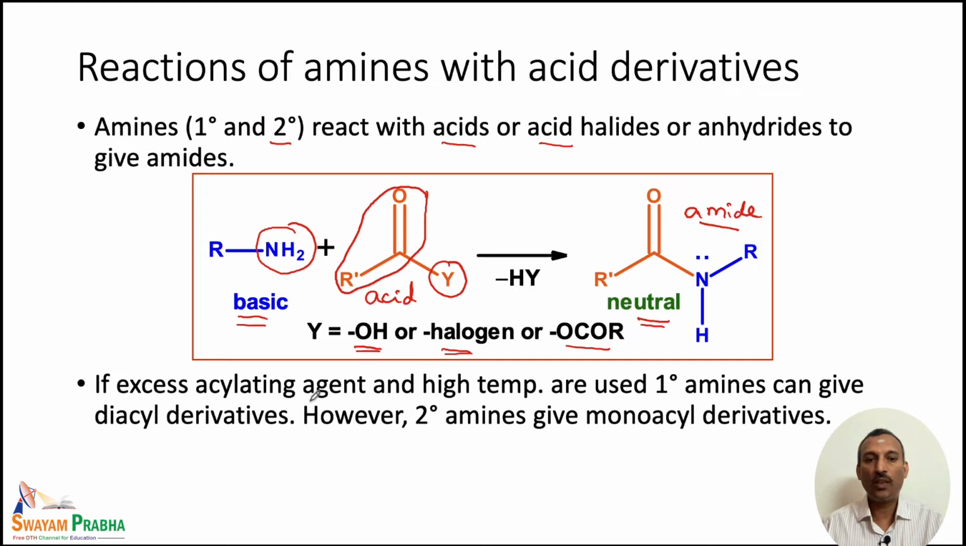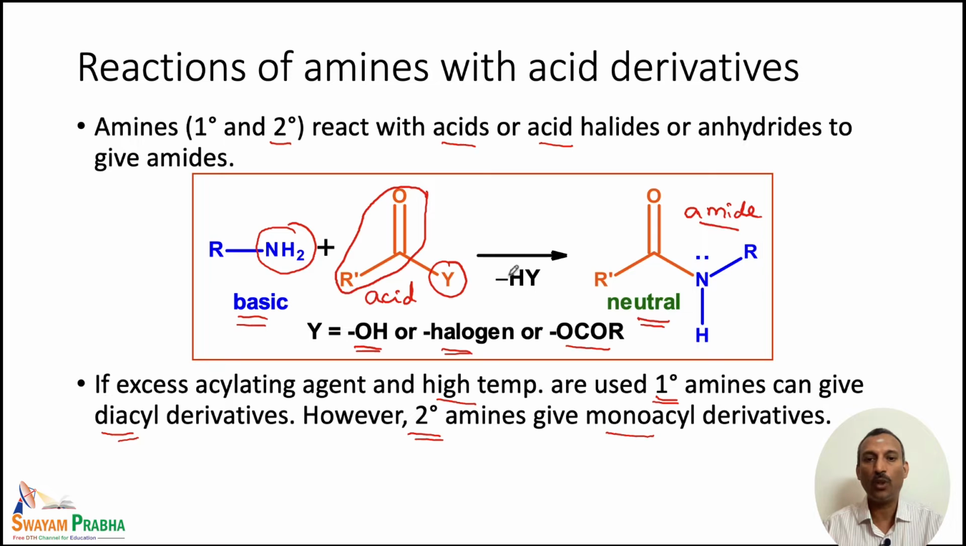So, when we use excess of acylating agent at high temperatures, the primary amines undergo diacylation. That means in the primary amines two hydrogens are there. So, these two hydrogens can be replaced by two acyl units. So, that is the reason if a primary amine is used as a starting material, instead of the monoacyl derivative, we may also get the diacyl derivative if the temperatures are high and if we are using a large excess of the acylating agent. But in the case of secondary amine, there is only one hydrogen, so we get only the monoacyl derivative